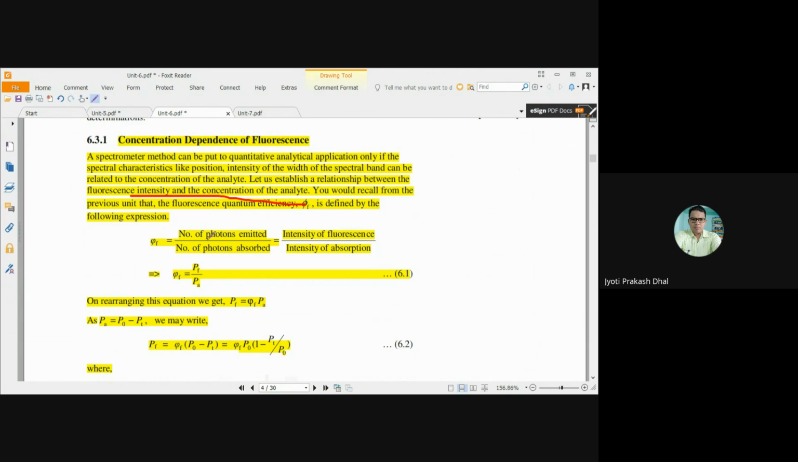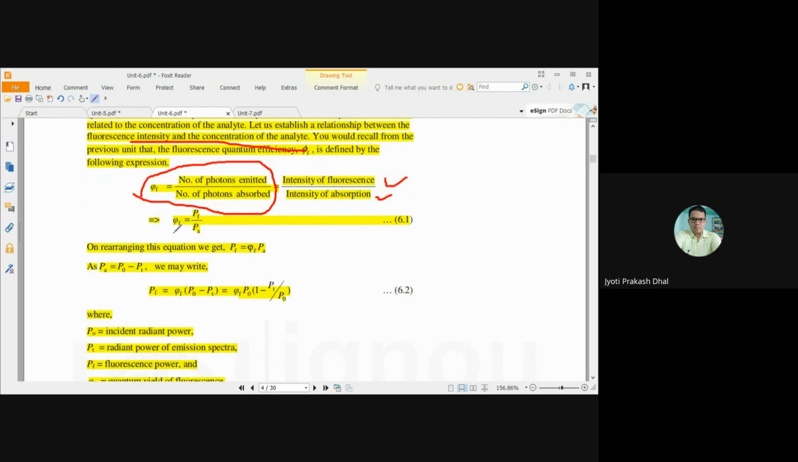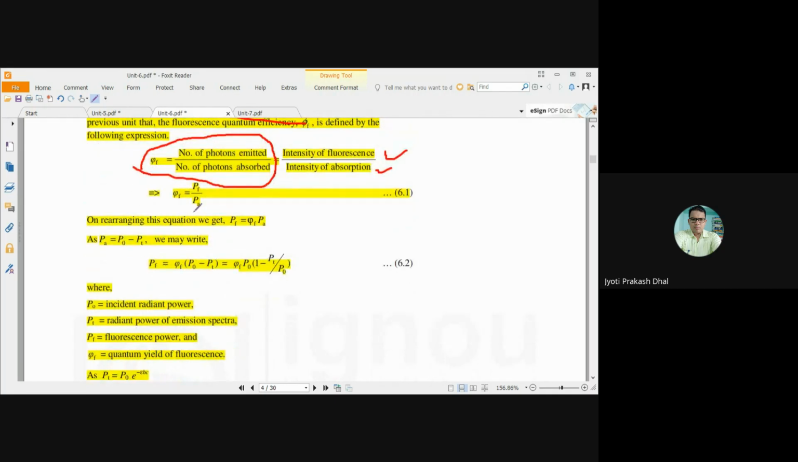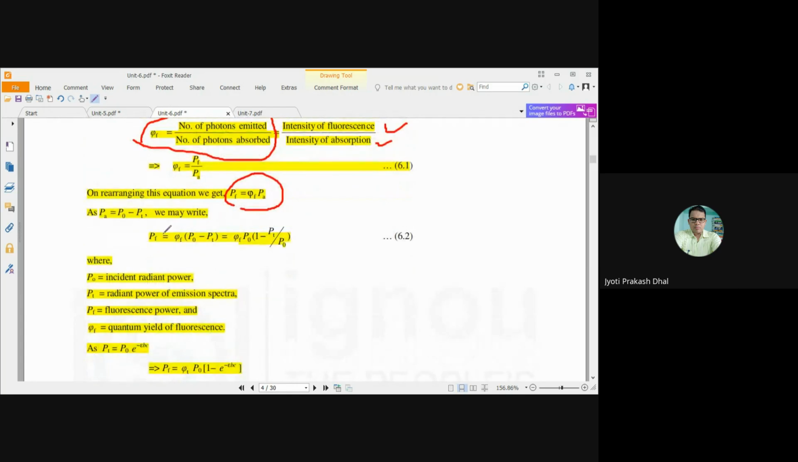Again we know that QF, that is fluorescence quantum efficiency or quantum yield, equals the number of photons emitted divided by the number of photons absorbed, which is also equivalent to intensity of fluorescence divided by intensity of absorption. That is QF equals PF by PA. PF is nothing but the intensity of fluorescence and PA is the intensity of absorption. On rearranging the equation, we can write PF equals QF PA, where PA equals P naught minus PT,